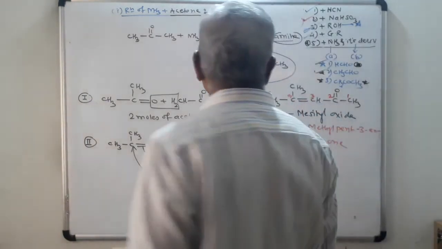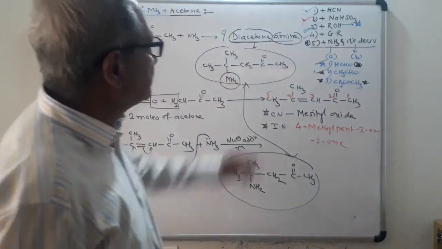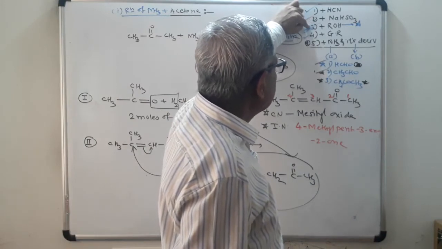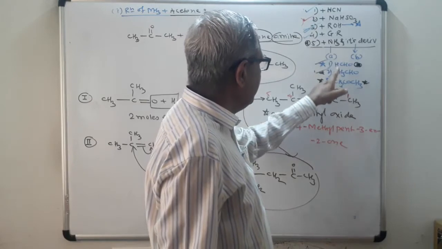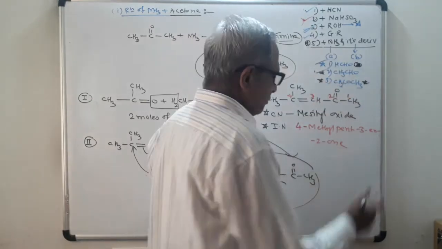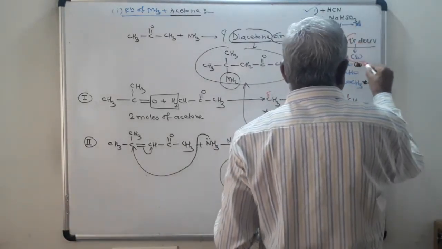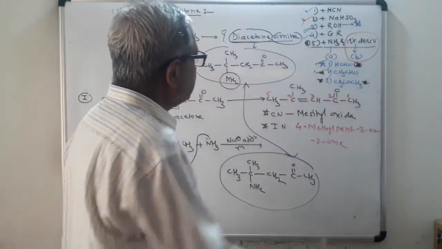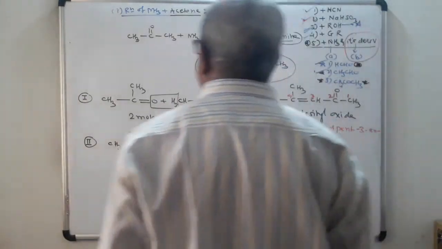So we completed the reactions: addition of hydrogen cyanide, addition of sodium bisulfite, addition of alcohol, addition of Grignard's reagent, addition of ammonia, for 3 compounds: formaldehyde, acetaldehyde and acetone. Only one part remains, that is its derivative, the part B. This is also an important reaction. So does anyone have difficulty about points number 1 to 5? Okay, no one has difficulty.